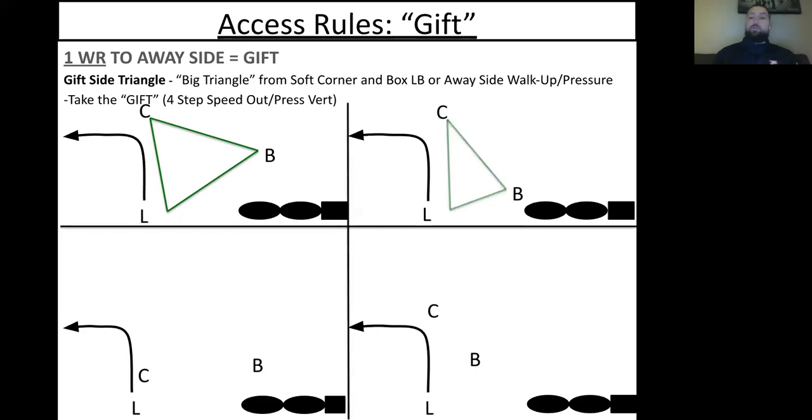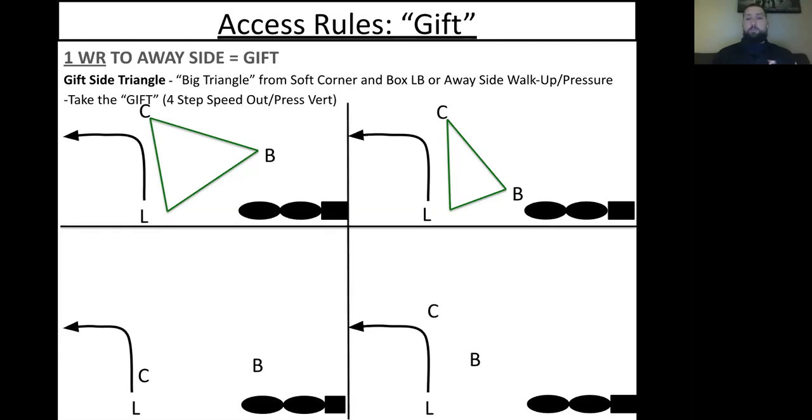Another example of a big triangle would be a walk up, right? If we get a walk up on the away side and he's at the line of scrimmage, if he's an end man on the line of scrimmage or he's walked up off the edge, even if he triggers and bails on the snap, he's not getting underneath this ball. The reason we throw the speed out and not a hitch is because if we miss, we just miss outside. We tell him, look, if you miss outside, you throw the dang thing out of bounds and we'll line up and snap the ball again, okay? So we never leave it inside.